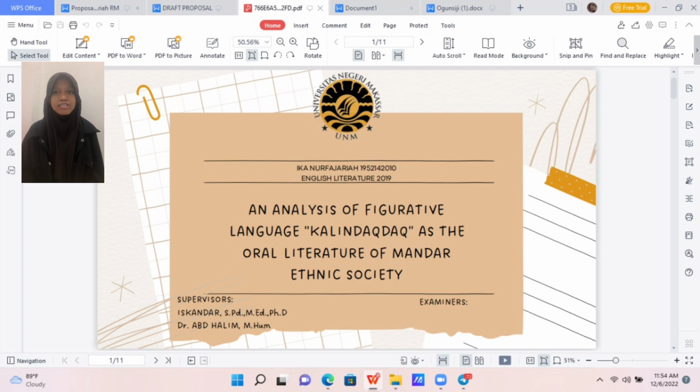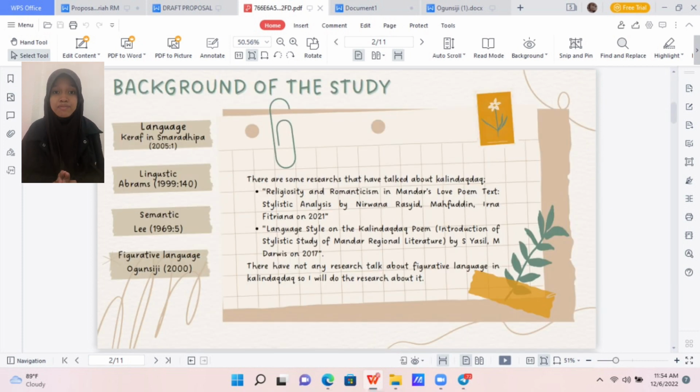Okay, next slide. Language is an important thing in our life. According to Kerap and Smaradiva 2005, page 1, there are two kinds of meaning of language. The first one is language as a tool for steady communication between members of public in the form of sound symbols generated by the tool said. And then the second one is language is a system of communication that uses symbols, vocals, or speech sounds